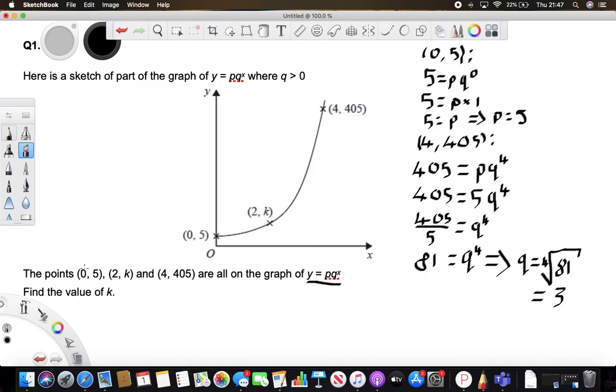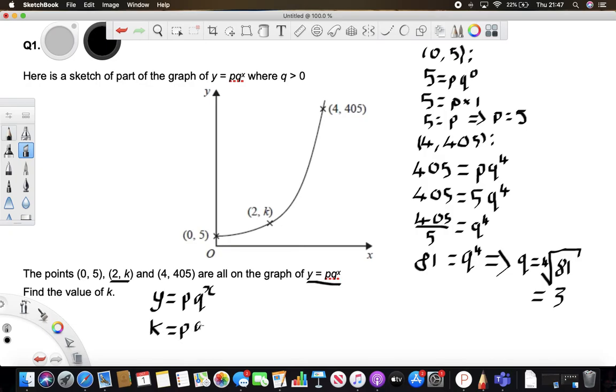And then the question was asking us to find the value of k. So we can go back now, we can substitute, well, for y is equal to p q of x. So we can substitute this coordinate part in, so k is equal to